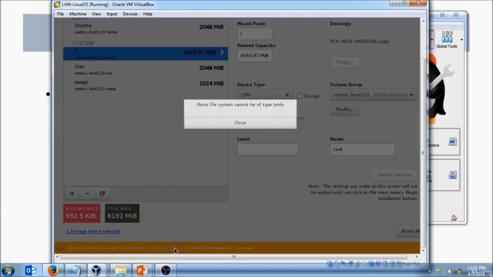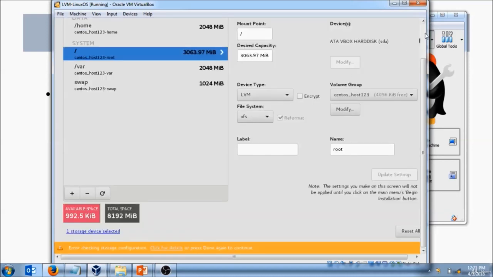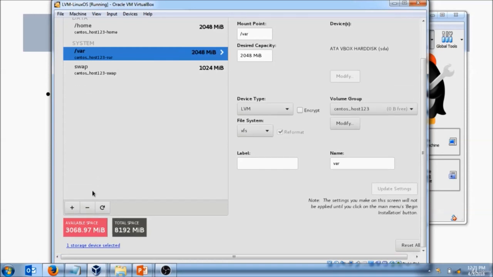The boot file system cannot be of type LVM. Yes, that is true. I forgot to pick boot. Boot also has to be picked. So I will remove this first because we need to create boot first. The last partition, the slash that we were picking, I removed that. Now I will add boot first,